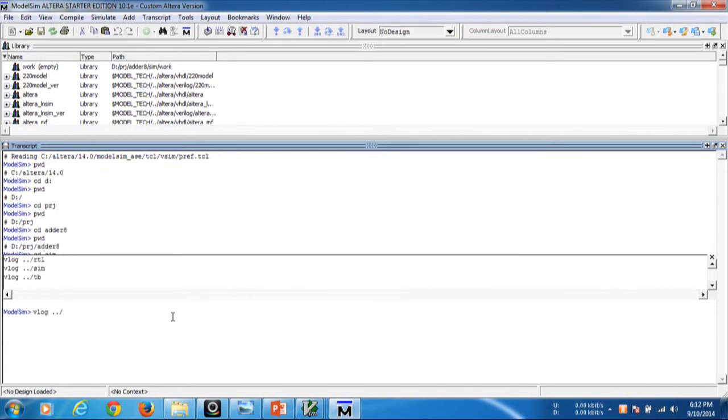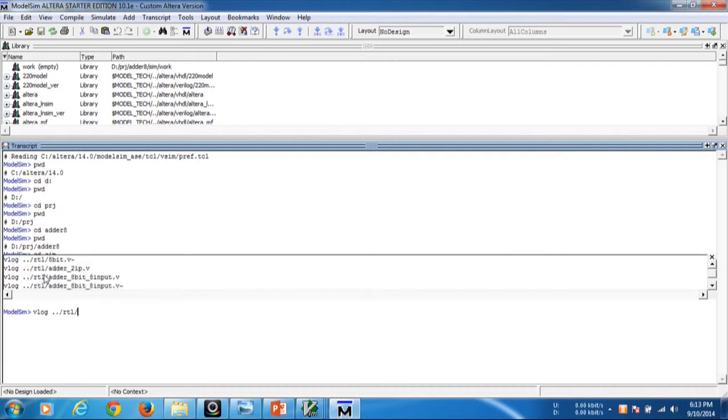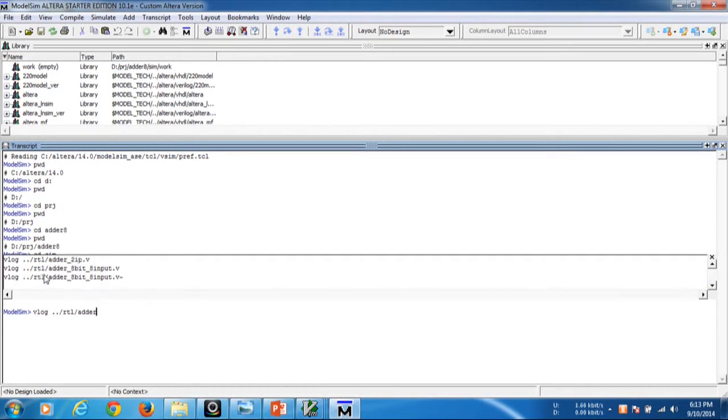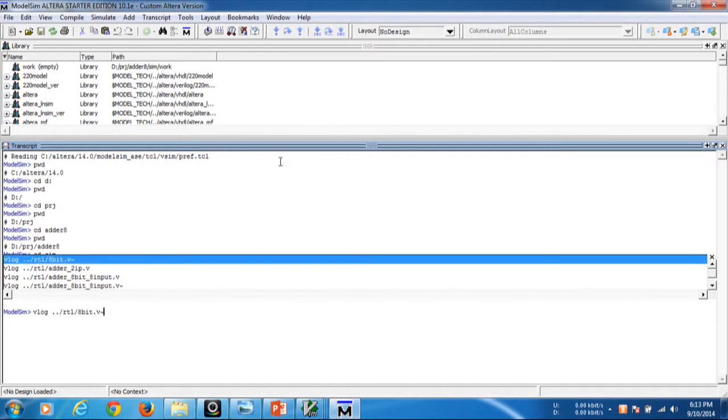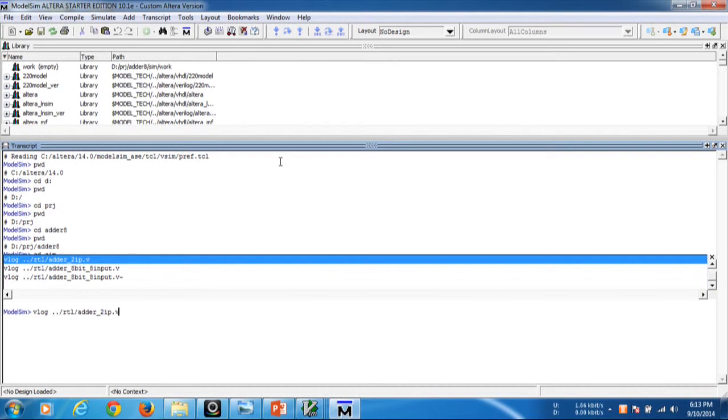Presently we are in the simulation folder. We have to come back to the adder under 2 input folder. It shows three folders: RTL, sim and TB. You have to go to RTL, forward slash, and first compile adder under 2 input.